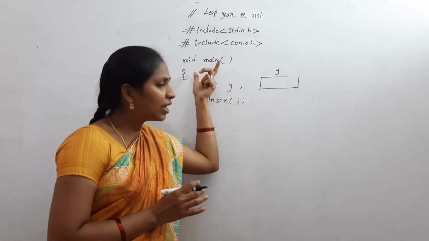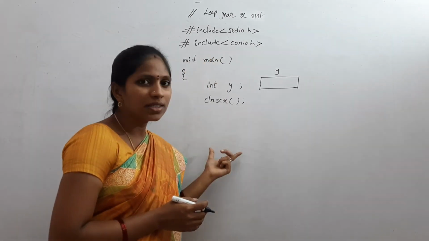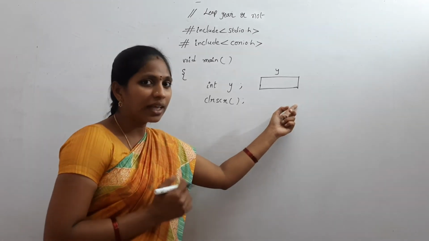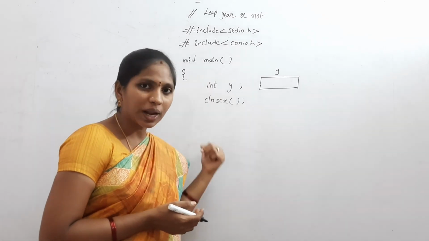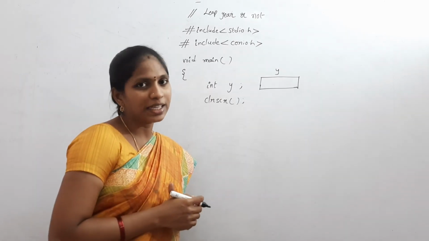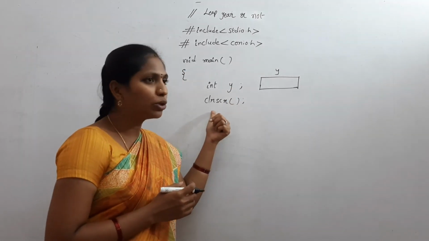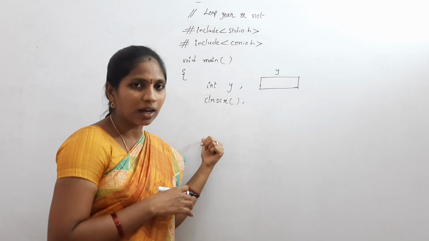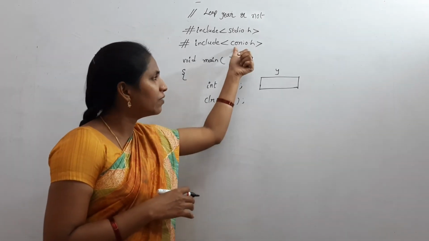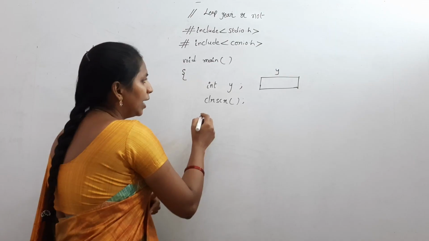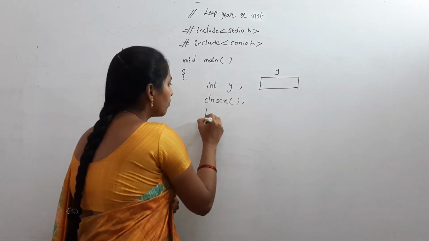For suppose, after writing this program I want to explain another program. Without erasing this, writing another program here is little bit confusing. First of all I want to rub it, then explain the next program. Like that, to clear the output screen and display only the output of this program, I used the clear screen function. This declaration is present in which header file? conio.h.